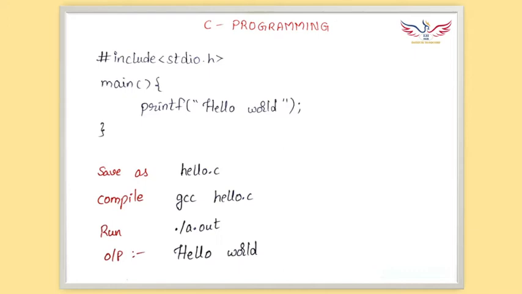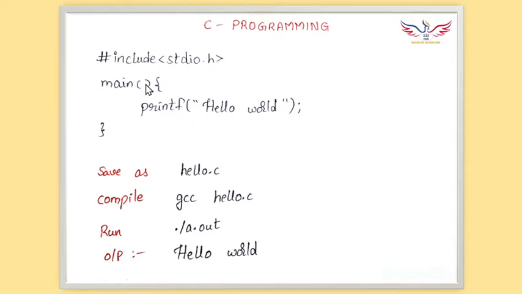Okay, so today we are going to start the C programming language course. The first program in C language can be this hello world program. We have a simple problem statement: we need to print this string, or group of characters. What are the group of characters? It is hello world. Hello world should be printed onto the console, or onto the output screen. That is our target. How will we write a C program in order to print hello world onto the console? That is what we are going to cover in this class.